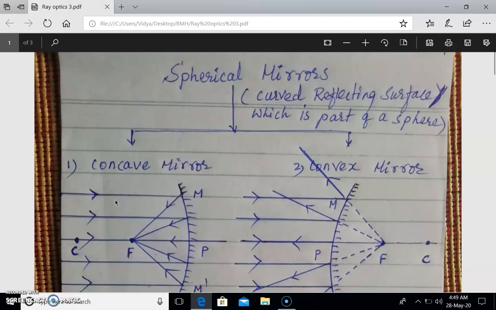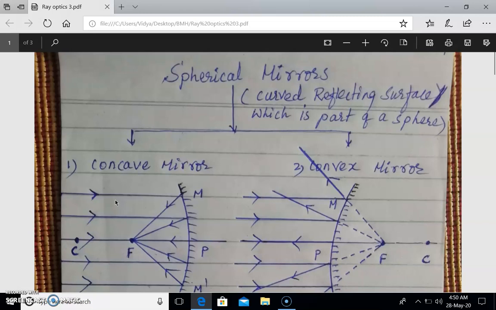Spherical mirrors. You have to imagine a transparent hollow glass sphere. The inside curved surface is a concave surface, the outside curved surface is a convex surface. If the outer surface is silvered and painted, a piece of this sphere acts as a concave mirror. Instead, if the inside concave surface is silvered and painted, the piece of that sphere serves as a convex mirror.